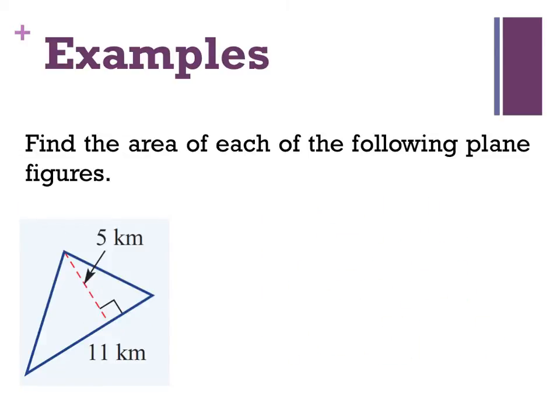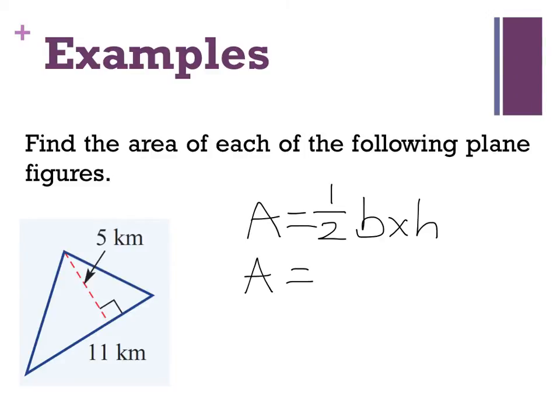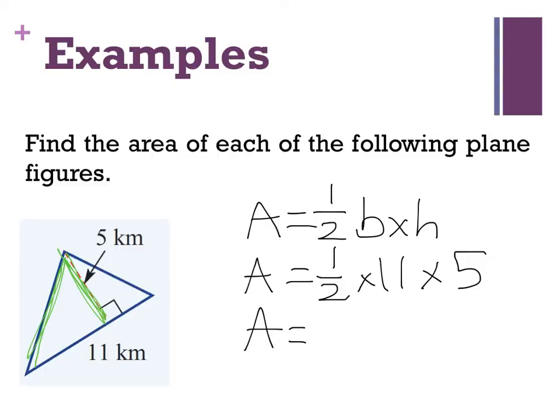This here, instead of a rectangle, we've got a triangle. According to my measurement sheets, the area of a triangle is half base times height, okay, so the area is half of 11 times the height, which is 5. Remember this here on your diagram is not the height, it's the perpendicular height. It's the perpendicular height which makes up the height measurement, not just a line along the triangle, which kind of seems like it's as high as it is. No, it's the perpendicular height. So my area equals half 11, 5.5 times 5 equals